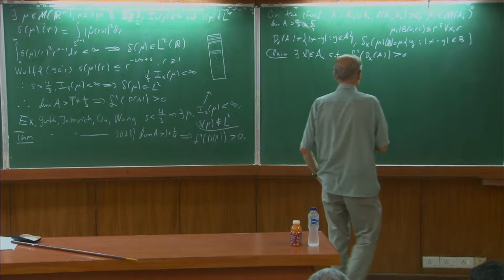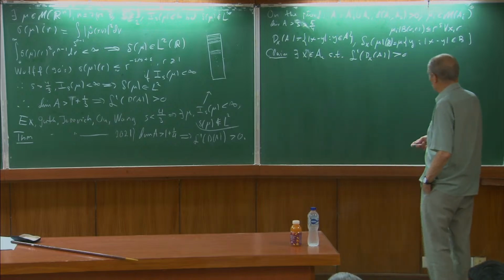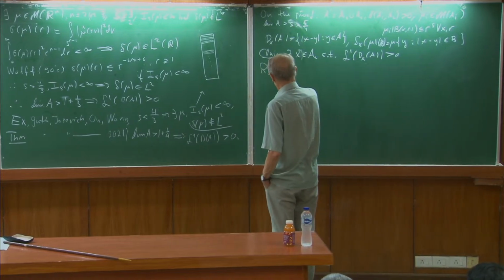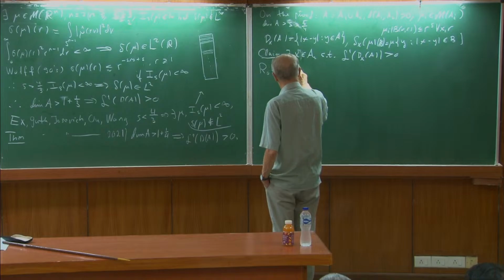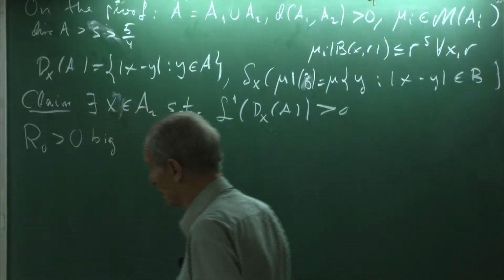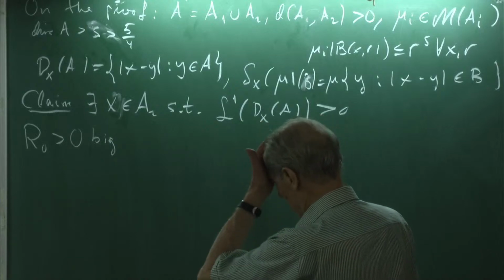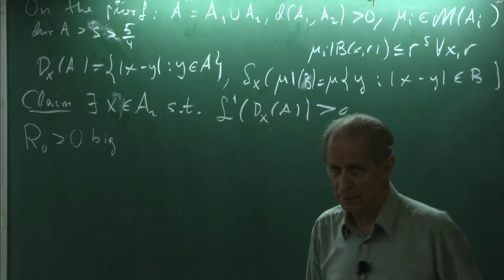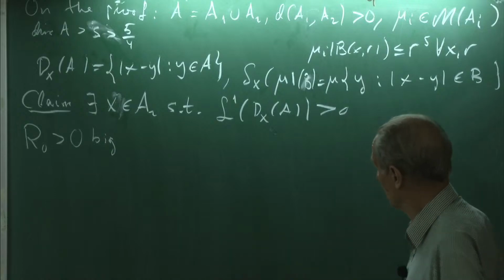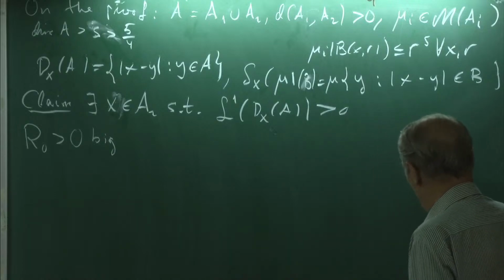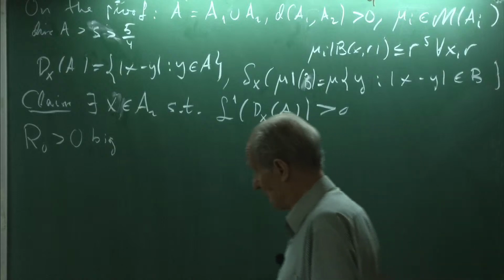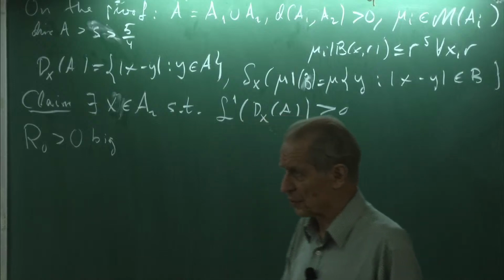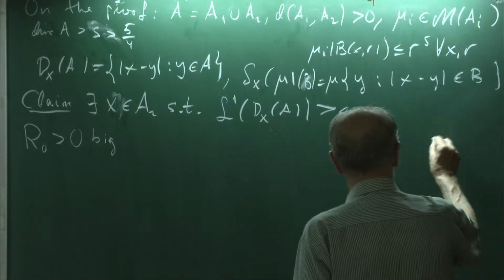So now how to start avoiding it? We fix a large number R, but it doesn't appear anywhere in this explanation, but that's how one anyway begins, because everything on the Fourier side will happen further away than this chosen R0. And then there's first some kind of wave packet decomposition of this measure, which means that